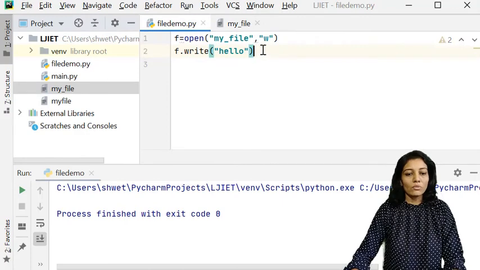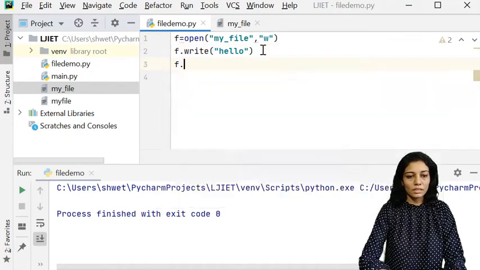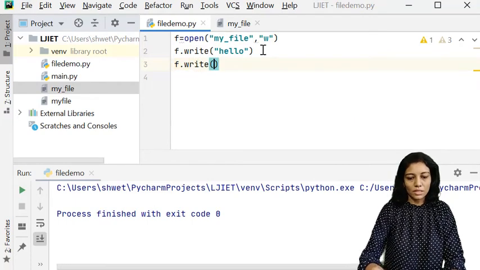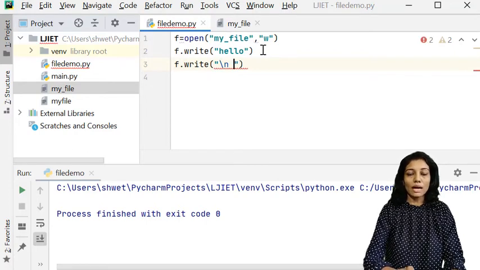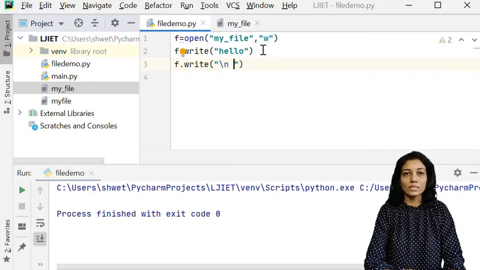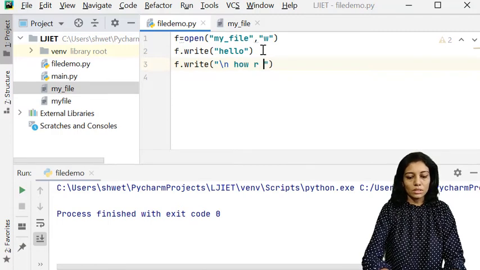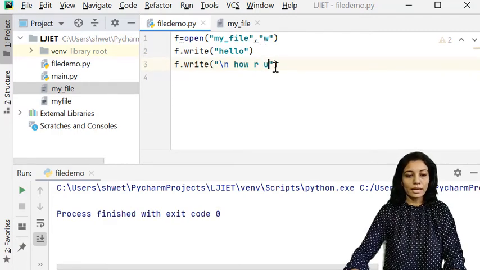Now if I want to write another string, let's write it. I'll be inserting here \n because I want this line in the second line. So hello, how are you? This content should be written into the second line.